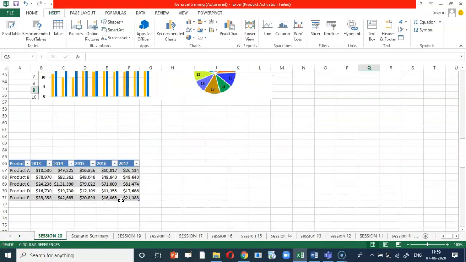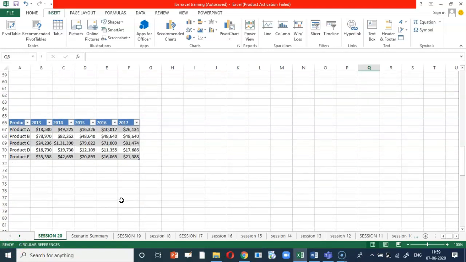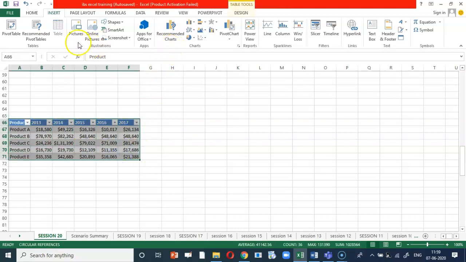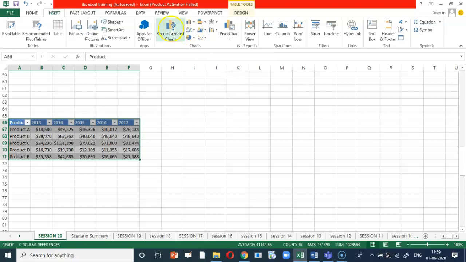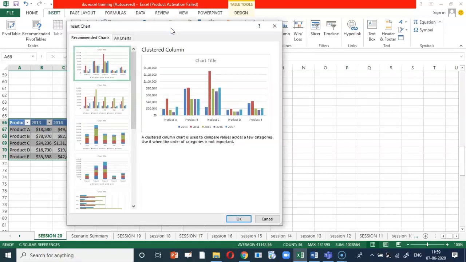Let us have a look at how to use the chart function. Consider the given data set. So if I want to create a chart for the given data set, you need to cover the area, and under the Insert tab, if you know which chart you can use for the data, you can directly go to that, or you can click upon recommended charts. So this automatically will select the type of the recommended chart for the data set.